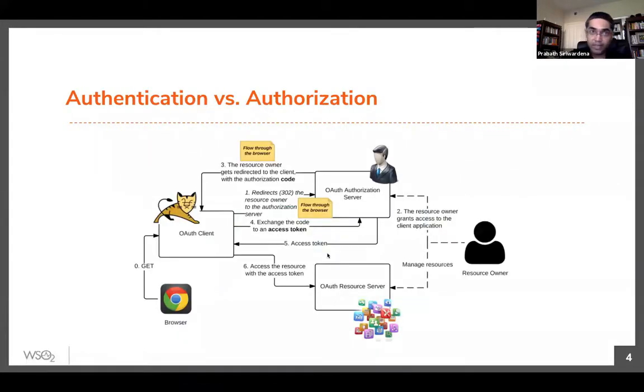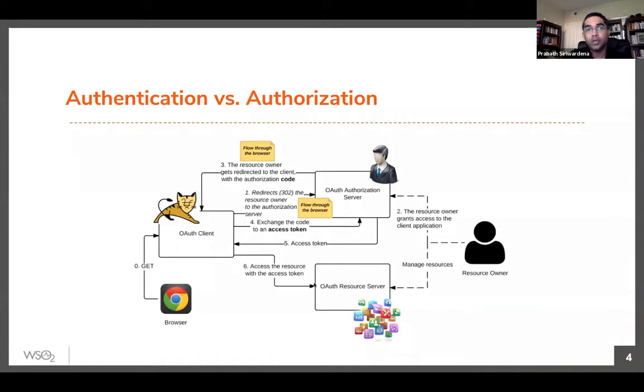And this is a different view of the same sequence diagram. By step 5, that's the access token you got from the authorization server to the OAuth client. At this point, the client doesn't know anything about the resource owner, right? It simply has an access token, which is an arbitrary string. It doesn't necessarily include information about the resource owner. So there's no authentication there. Then the client can still use that access token to access a resource in the resource server, which can be an API, on behalf of the user, even without knowing who the user is.